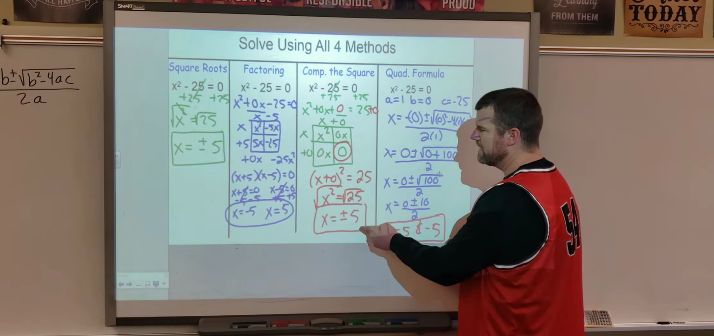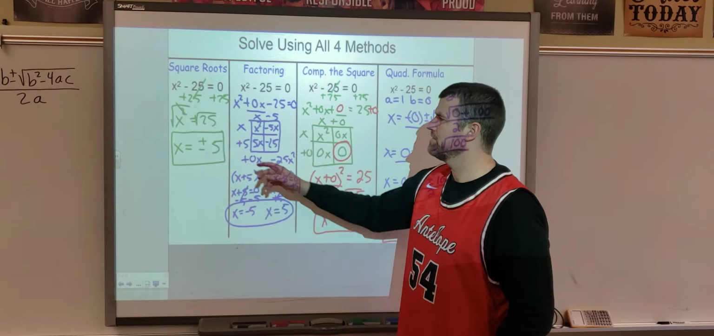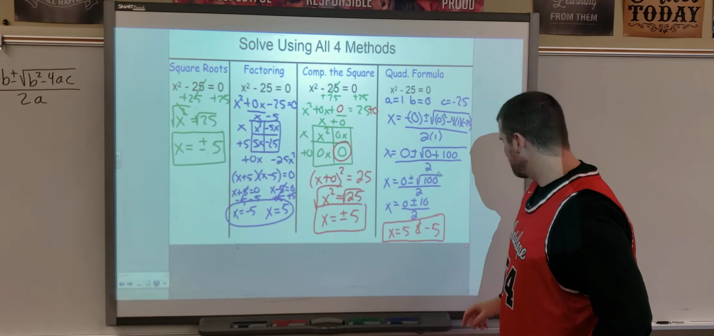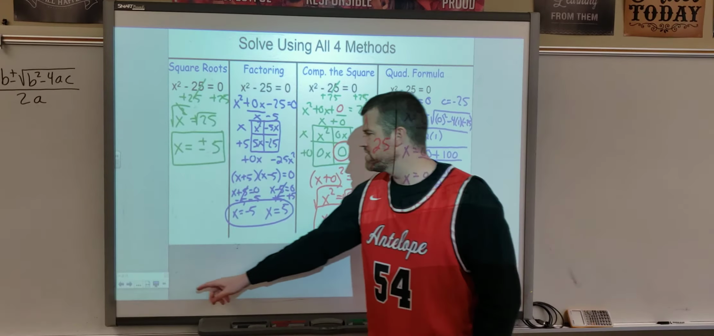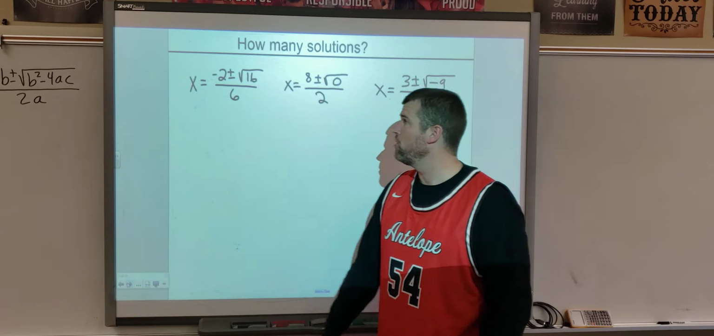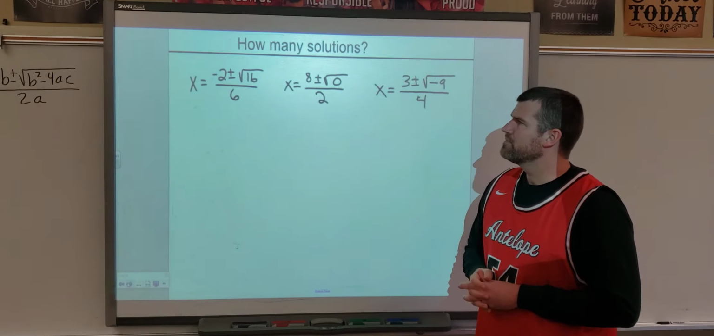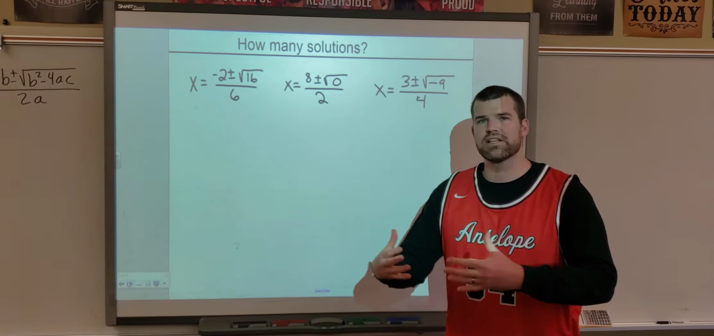Positive 5 and a negative 5. That's 2 solutions. So is there a way to find out the number of solutions without actually having to solve? And there is. So if we look at these 3 problems, this is the quadratic formula, but kind of simplified